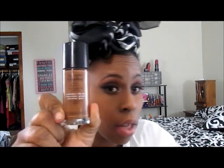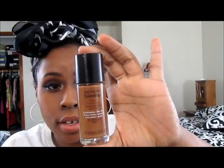Hi guys, so I'm back with video number 2 on this series of decluttering my makeup collection, and I'm going to be doing face products. I'm going to put foundation, blush, concealer, all that in one section. So let's get started. First is the Revlon Color Stay in Mahogany, which is, as you can see, too dark